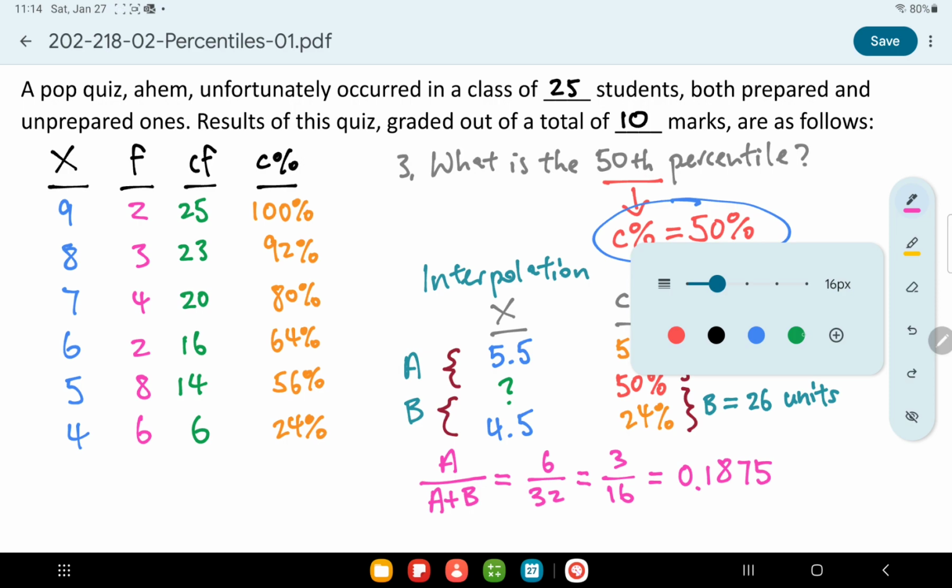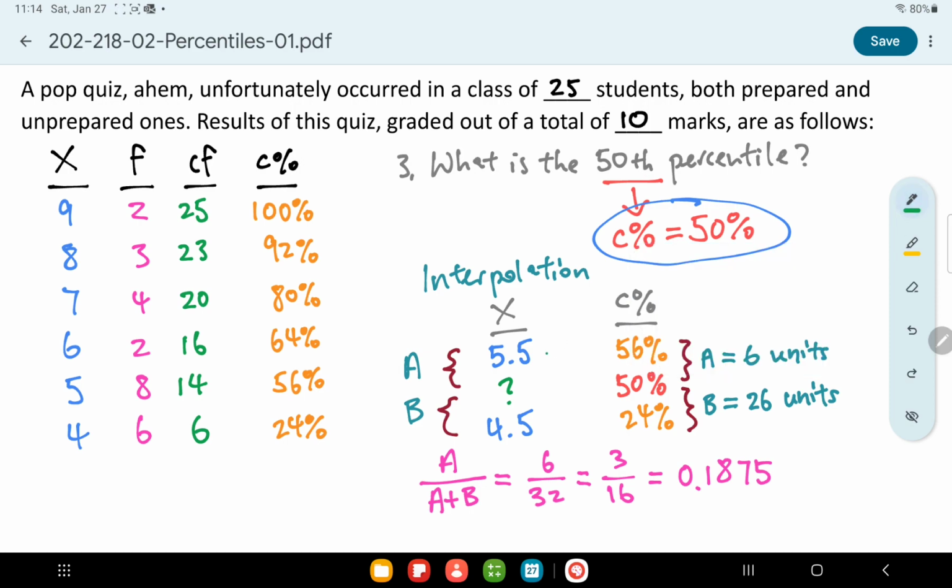Now, I know you'll agree that it's not hard to eyeball exactly the difference in terms of X. This is 1.0. Okay, this is 1.0. Now we need to figure out the relative portion of 0.1875 in relation to the 1.0. Okay, easy peasy. 0.1875